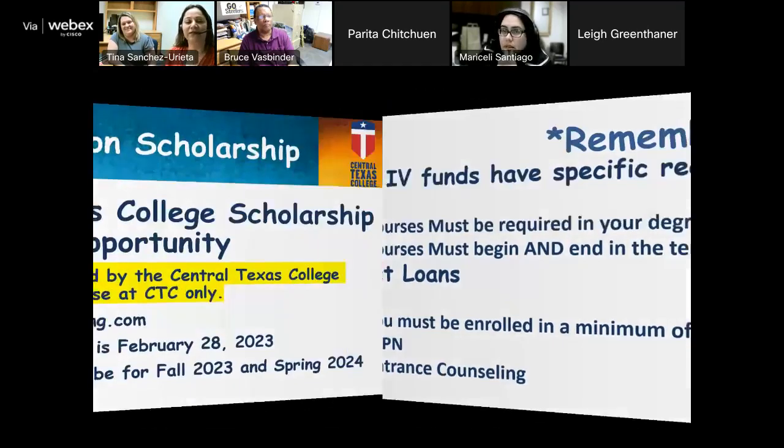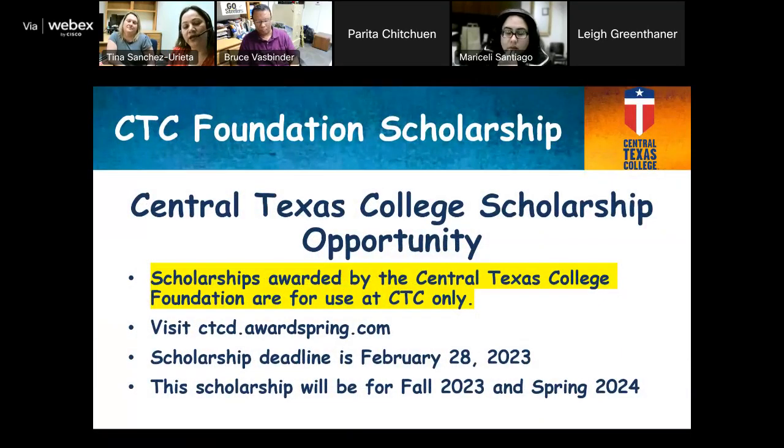There we go. Okay, yes. So CTC has this great opportunity, a scholarship that started November 1st and runs all the way through February the 28th. The Central Texas Scholarship Foundation has the scholarship, available for use at Central Texas College only. I have more information on the next slide as far as the requirements, but just to give you brief information, students can visit